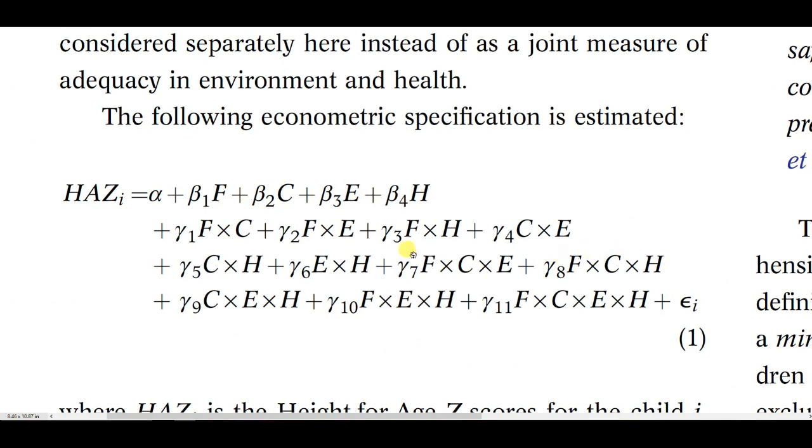Now we have three-way interactions. 1, 2, 3. These are three-way interactions. To give an example of this one, these are the children who have adequate food as well as adequate care and health. And a similar kind of interpretation goes for these two as well. The last one, the four-way interaction, is the one where these are the children who have adequate food, care, environment, as well as health. So these are the best of the lot, who have access to everything. This is how we measure if a multisectoral approach is important, because these are the individual improvements. If a child has only food, for example,